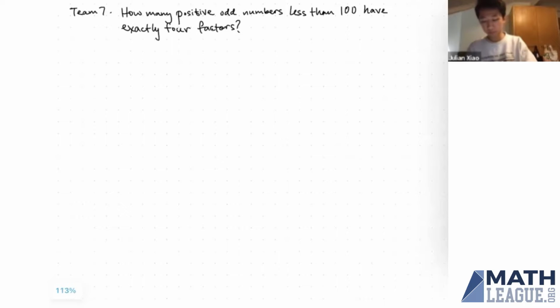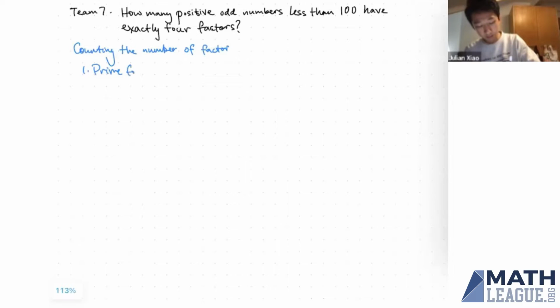And in order to solve this nicely, there's an important fact that I want to tell you guys about. So this fact will have to do with counting the number of factors that a number has. Counting the number of factors. So there's a very nice trick, and you have to use prime factorization first. So the first step, you take a number and you have to write it as a product of its prime